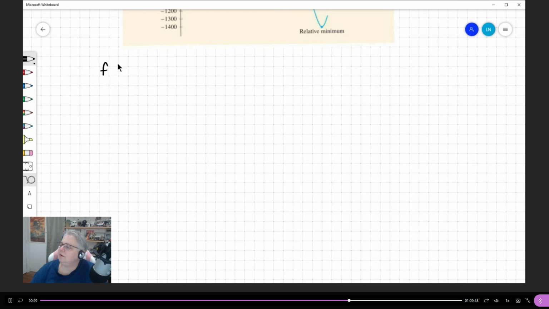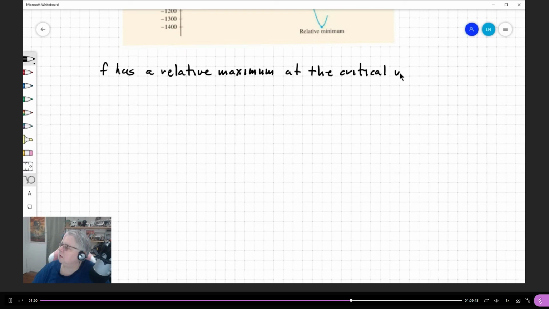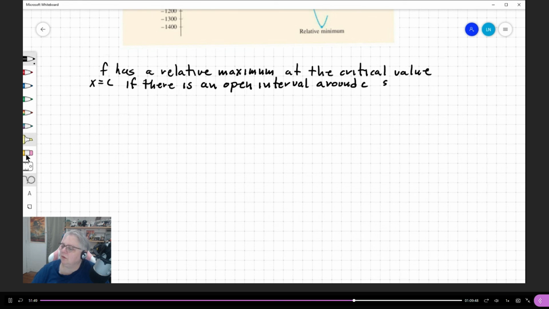So f has a relative maximum, we'll start there, at the critical value x equals c, if there is an open interval around x equals c,